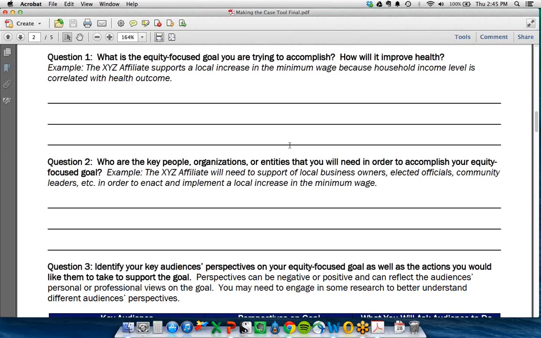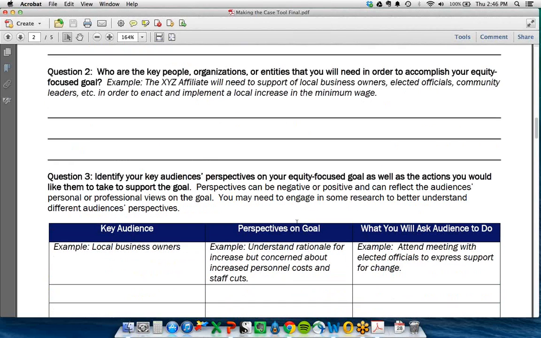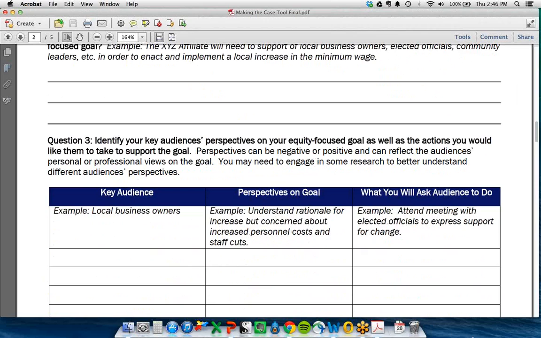So these are really the people or the organizations that will be really influential and important in achieving whatever your goal is, and think about what their role is in doing that, and that's where you get to in the next question. I think one thing to point out is that when you're thinking about your audience, it's really important